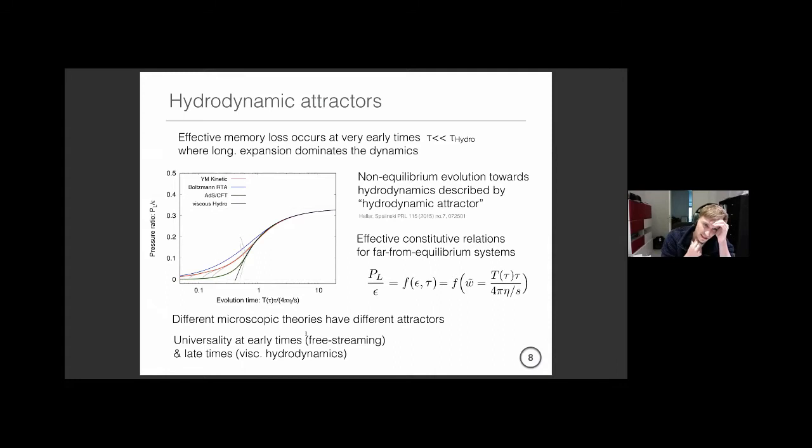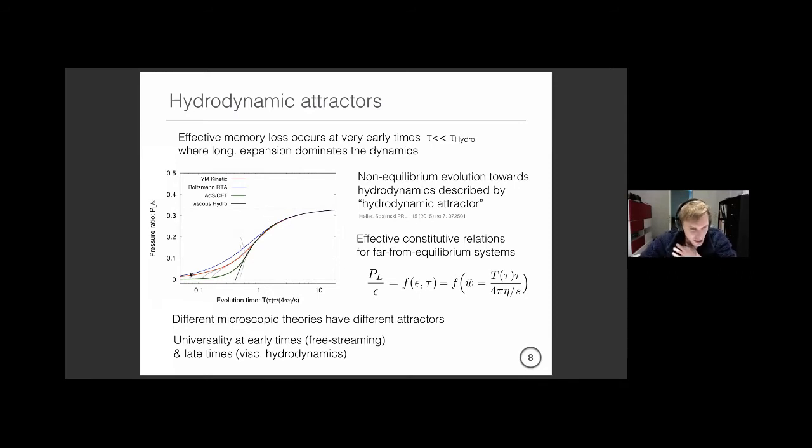So now this isn't really the full story yet with regards to the macroscopic properties, but there's something else that is very interesting about this. And this is also something that I'm sure we will hear a lot more about this week, which is related to what in the field we now call these hydrodynamic or non-equilibrium attractors. Namely, if you consider in particular weakly coupled theories. For strongly coupled theories, there's sort of a discussion whether or not this applies or not,